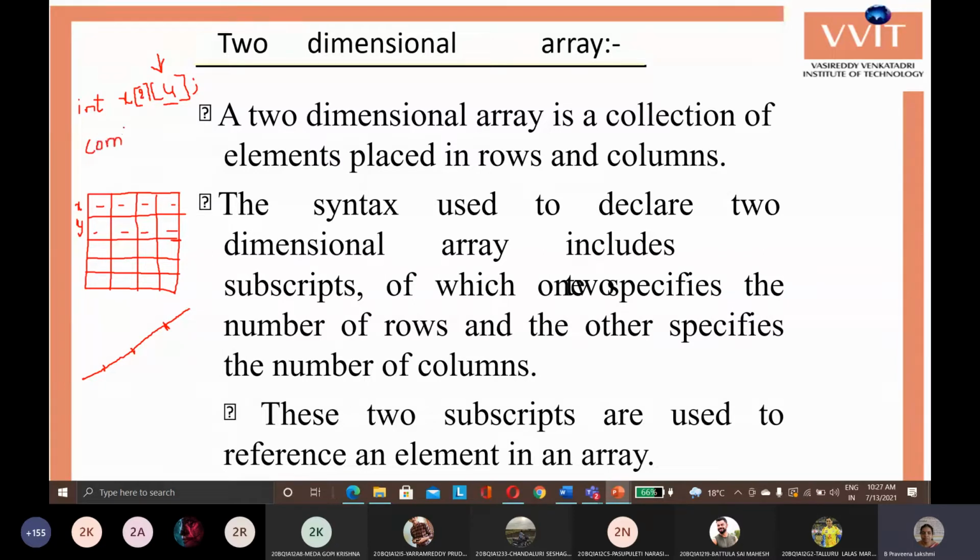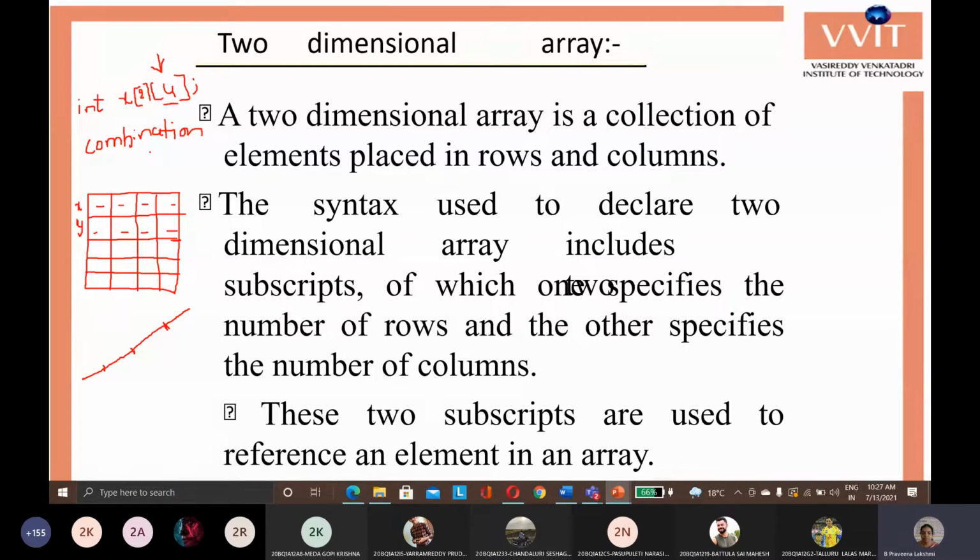So multiple one-dimensional arrays can be created as one two-dimensional array. Say for example, if you arrange some boxes, 4 boxes arranged in one line, then you form another line to arrange another set of 4 boxes, 4 same type of boxes, another 4 boxes in a second line.